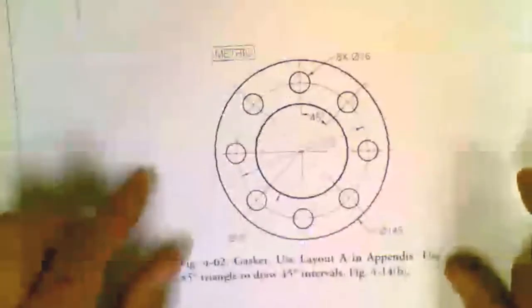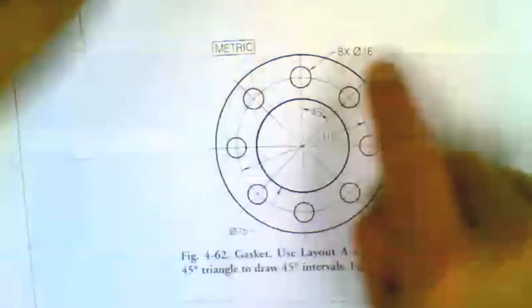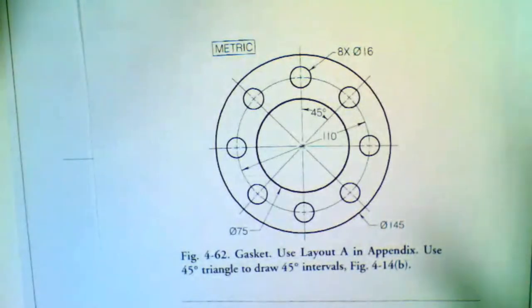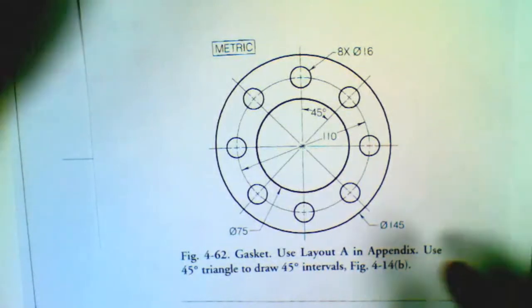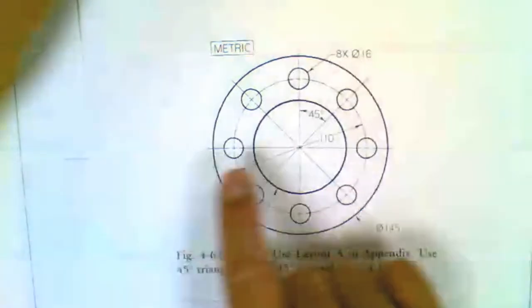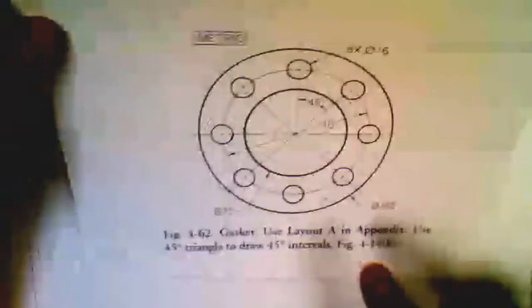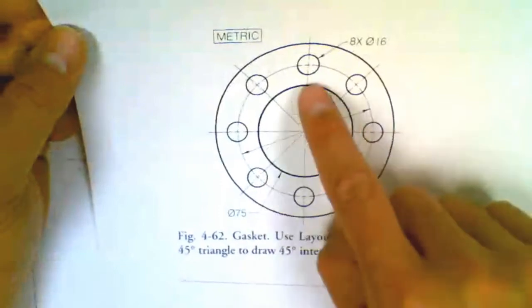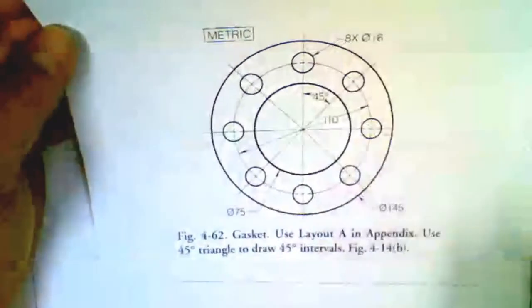So let's see how we want to tackle this drawing. I think what I want to do is go ahead and set up all my construction lines first. So I've got my vertical and my horizontal already based on the template. I want to drop in these 45 degrees to set up the rest of my circles. To do that, I'm going to use my T-square, and I want to make sure I get my 45-degree triangle. Here it is, 45, 45, 90. And right through the center of the paper,